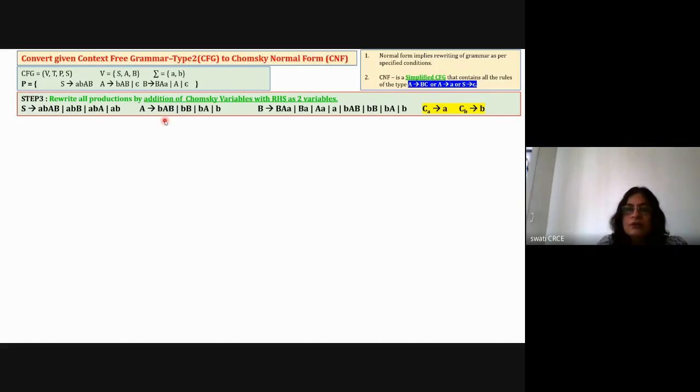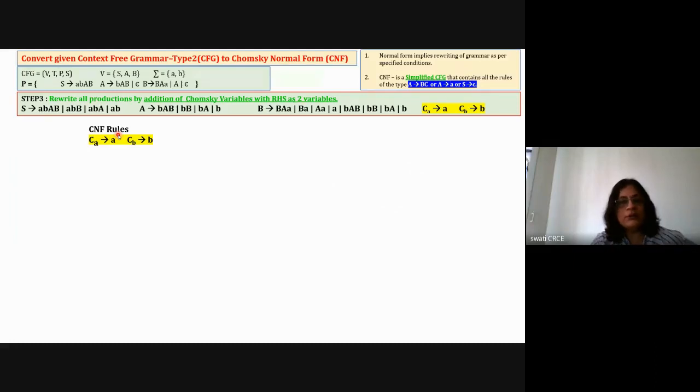Okay. So what you do is that when you solve the problem, in your notebook you just make 2 columns. And left hand side ka column mein you take the original rule, and in the right hand side ka column mein you write down the rules which are in Chomsky normal form. Okay, so here this is my right column, and here there will be a left hand side column. In this right hand side column you write down your answer, which is conversion. These are the CNF ka rules.